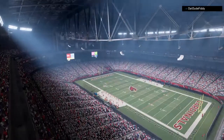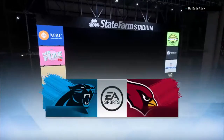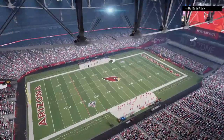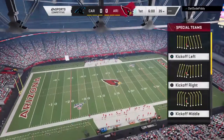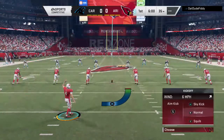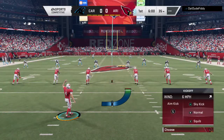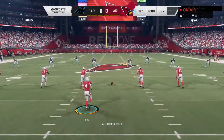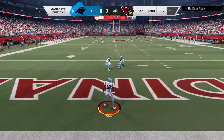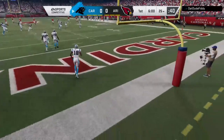EA Sports coverage of the NFL has us at newly named State Farm Stadium in Glendale, Arizona. So this was the scene a moment ago. The Cardinals emerging from their tunnel, and we are ready for football as the Cards get set to match up with Cam Newton and the Carolina Panthers. And that'll carry over the...